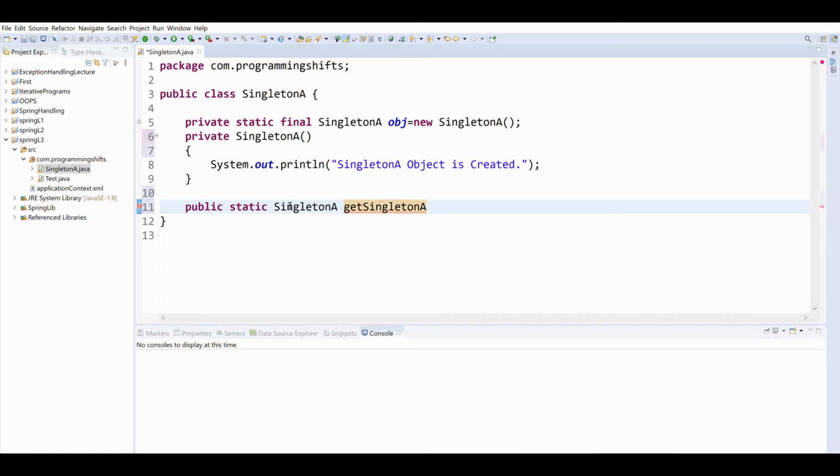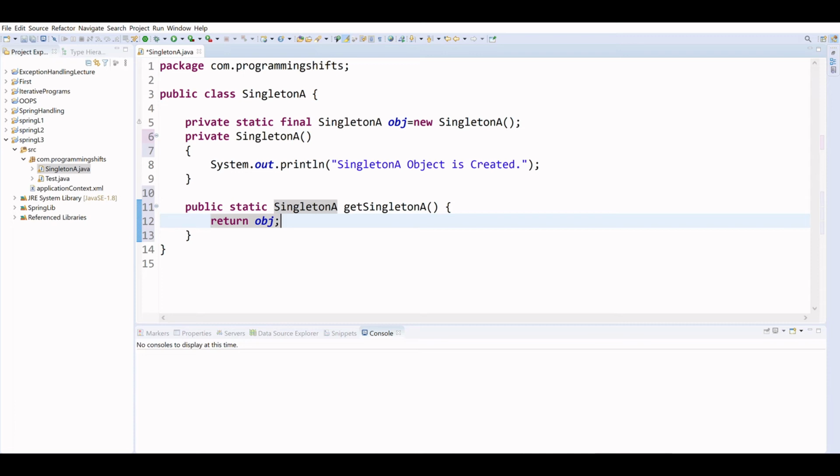The method name you can give anything. I am giving getSingleton, and the return type is the class name. Now what will it return? It will return the object. So I am writing return object. Whenever this method is called, only one object, that is, an object of the singleton class, will be returned.